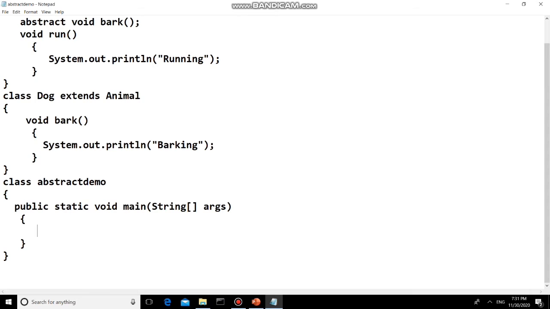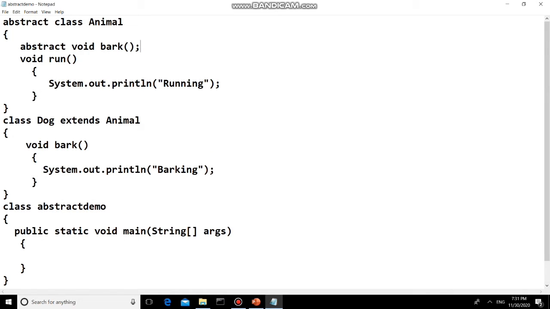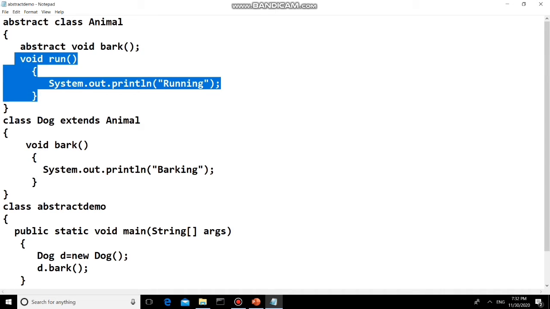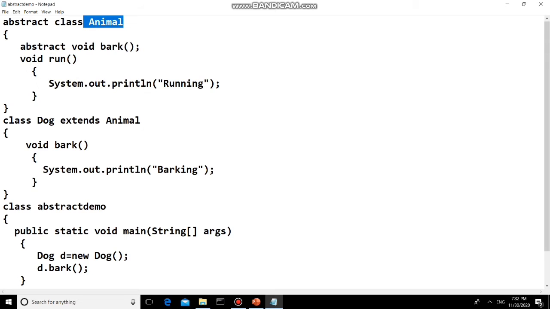First we'll see how to call the bark method. The bark method is defined in the dog class, so we can create an object of the dog class. Dog equal to new dog, and by using the dog object we can call the bark method. Now how to execute the run method, as the run method is defined in the animal class?